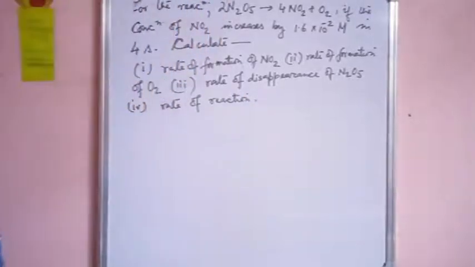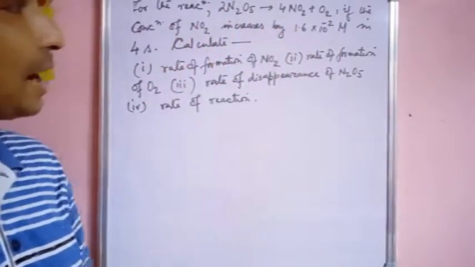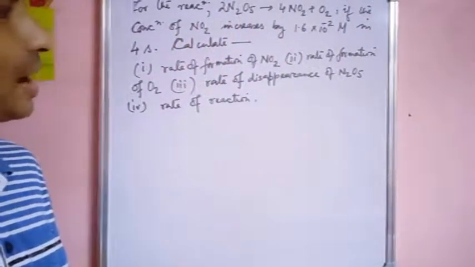So let's see the question again minutely. For the reaction 2N2O5 gives 4NO2 plus O2, if the concentration of NO2 increases by 1.6 × 10⁻² capital